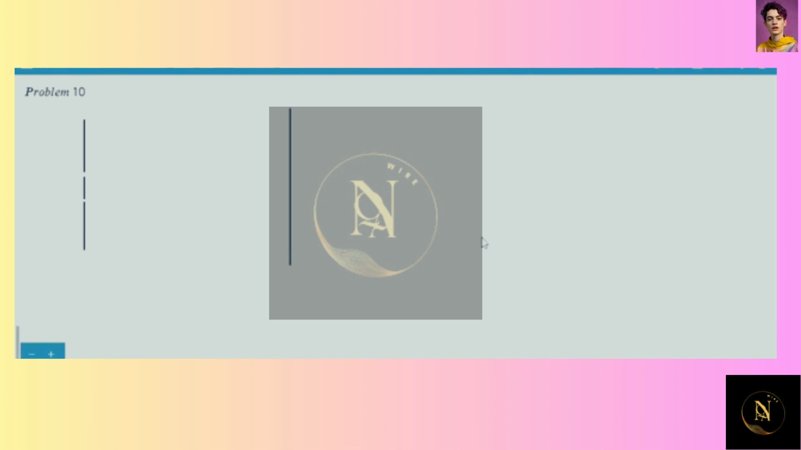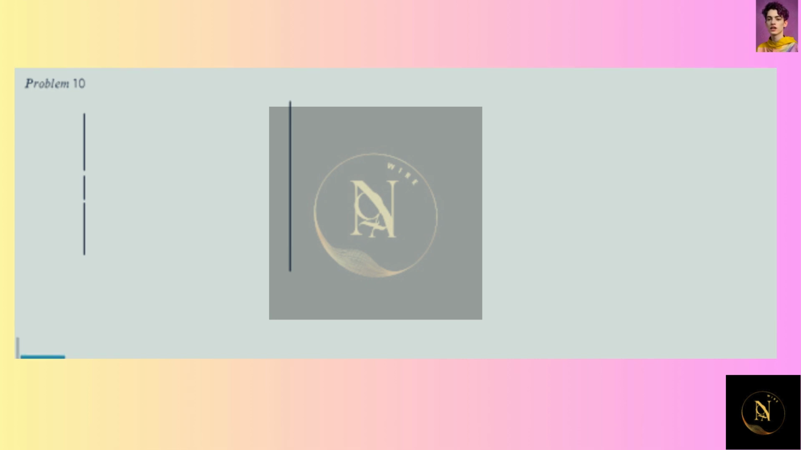This is problem number 10 of chapter 23. Here we're asked to account for the differences in the interference pattern of the double slit and the diffraction grating. So to account for the differences, first we need to understand the interference pattern for the